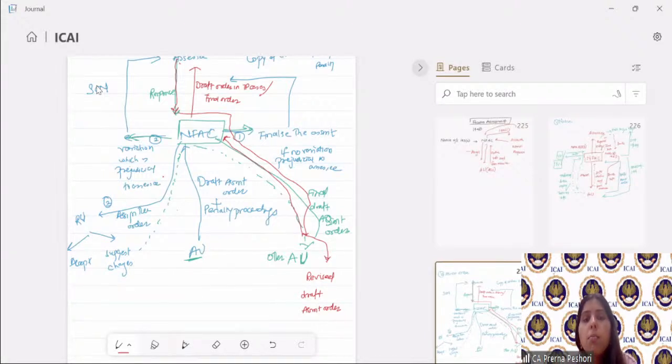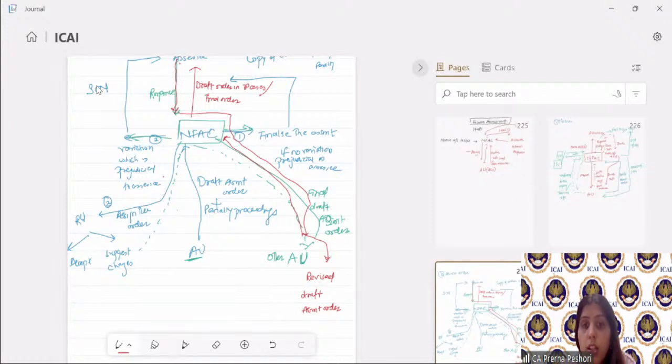So the AO cannot make an assessment denying the exemption under Section 10 without intimating the central government or the prescribed authority that these institutions are not fulfilling the conditions of Section 10,